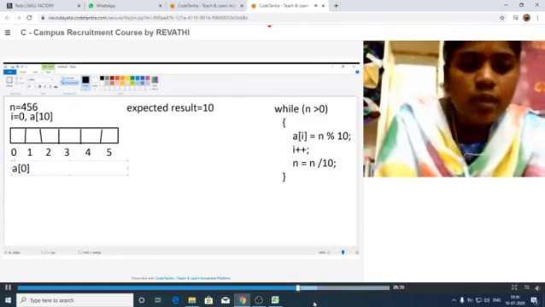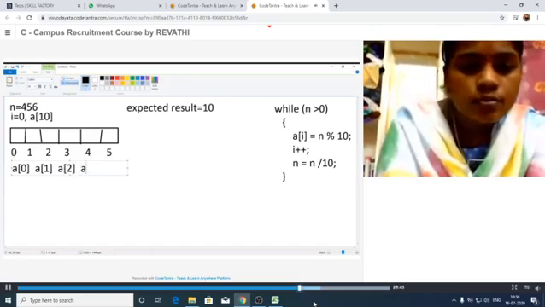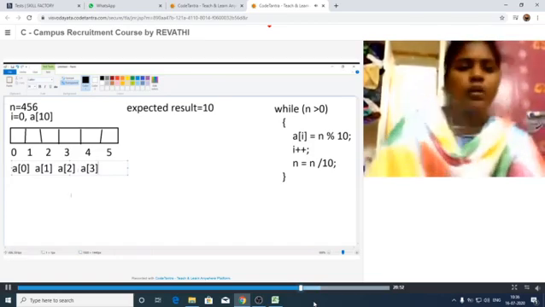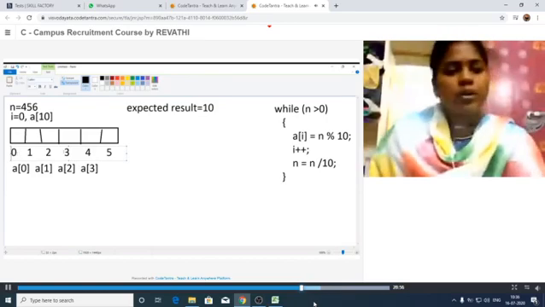Next A of 1. Next A of 2. Next A of 3. Like that. Our array values can be stored with the index of array 0, 1, 2, 3 like that. So this is the representation of our array.